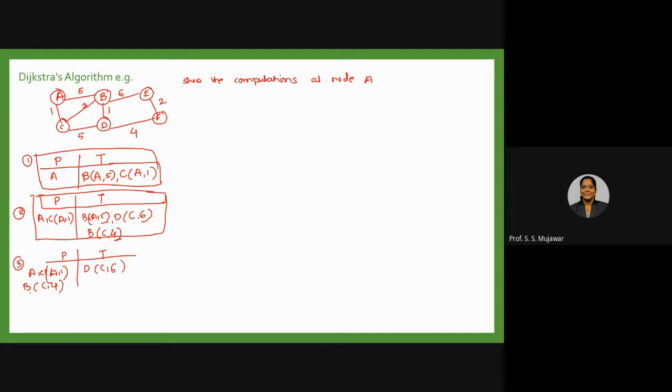Right, now I have written this b into this column, so I need to check which are the directly connected lines over here with the b. So direct lines are for A, C, D and E, from which A, C and B is already done, right? A, C, B are already in the permanent one. So I can write like D of C6 already present, but I can reach to D through this B also with the value of 6.